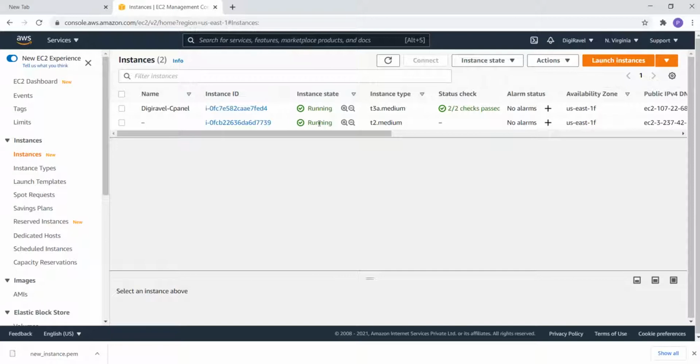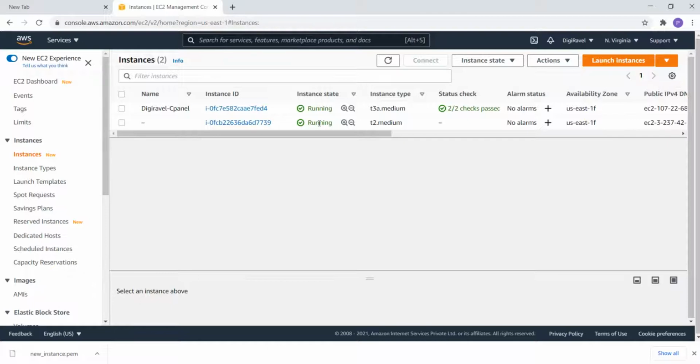Even if you are creating an instance with a free version, just keep in mind that if you have created one instance in one region, your free tier eligibility is 750 hours per month. If you are creating two instances in two different regions, you will get 750 hours for both the instances, which means each instance will get around 325 hours of free tier.